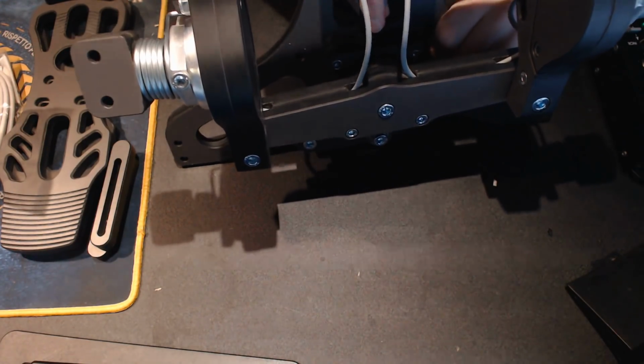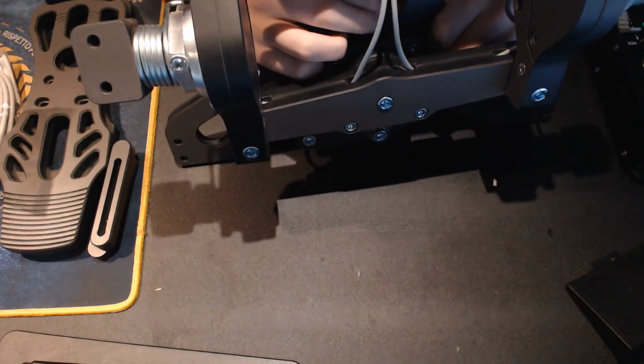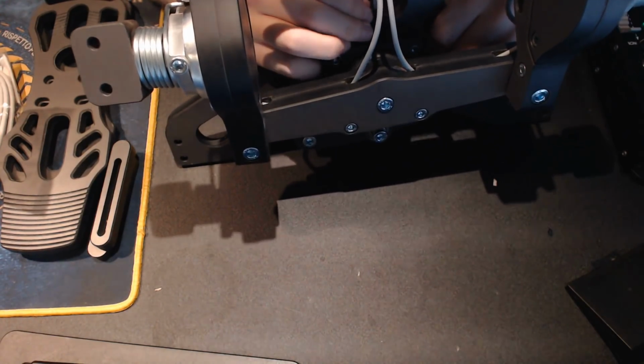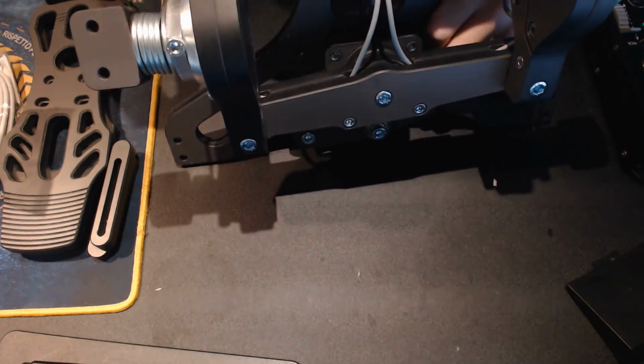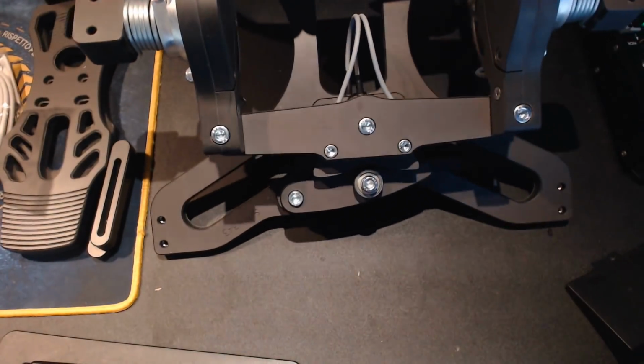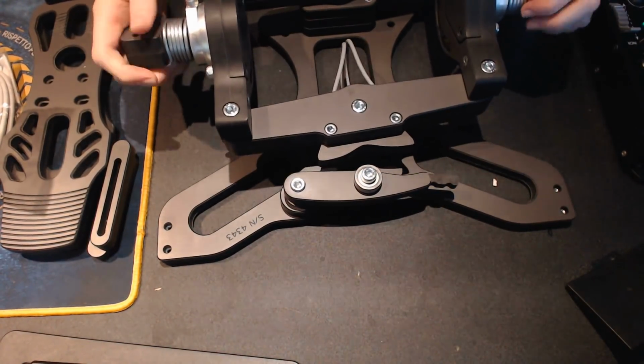Okay, and let's try and plug in the other ones as well. Sorry if you can't see this completely clearly. I hope that's plugged in the right orientation. Yeah, it seems that they're in place nicely. And let's move that down there and just make sure that we're okay with wiggle room and everything. Yep. So you can see now that they're kind of...